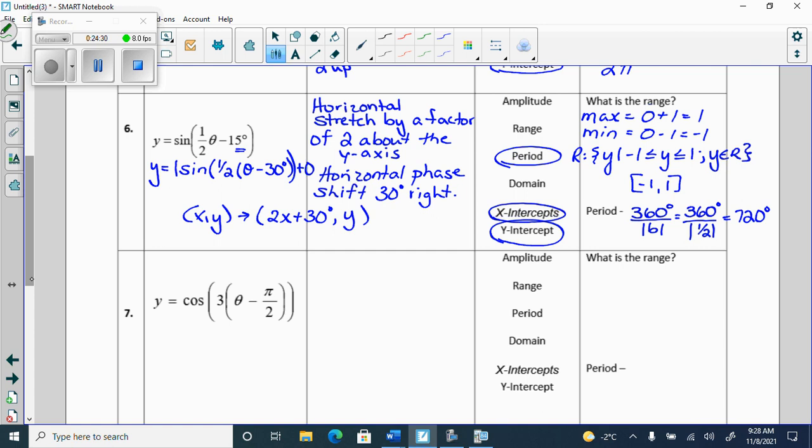I can add a 0 to the back if I want to know 1 here. Once again, my range isn't going to change, right? My midline is 0, my amplitude's 1. The amplitude doesn't change, the range doesn't change, the period is going to change, and the x and y intercepts. Because I have a horizontal stretch